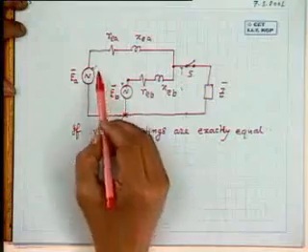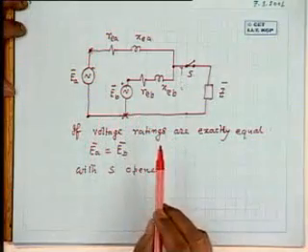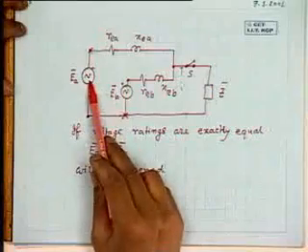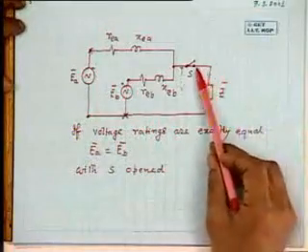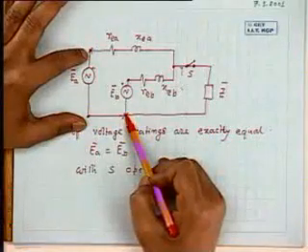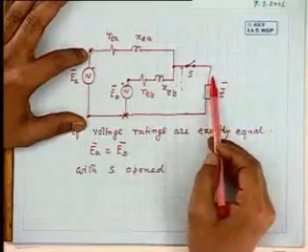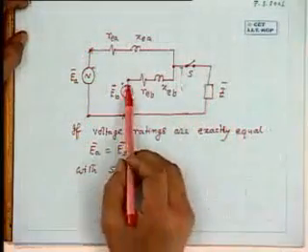Now when this transformer will be loaded, what we note here is that the potential of this point with respect to this common point and potential of this point with respect to this common point, they are same. And this being the induced voltage inside the transformers, they will always be at equipotential, no matter whether you have connected any load on the secondary side or not. Because they give you the induced voltages, it will remain same no matter whether you have loaded anything in the secondary.